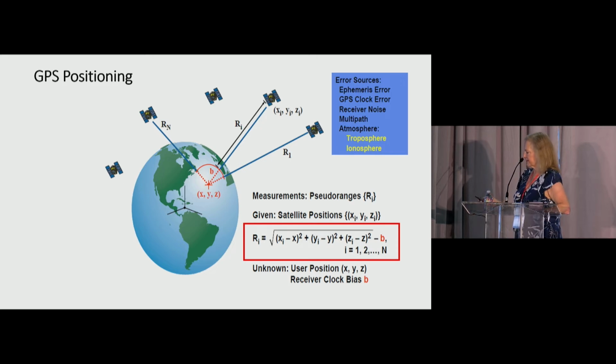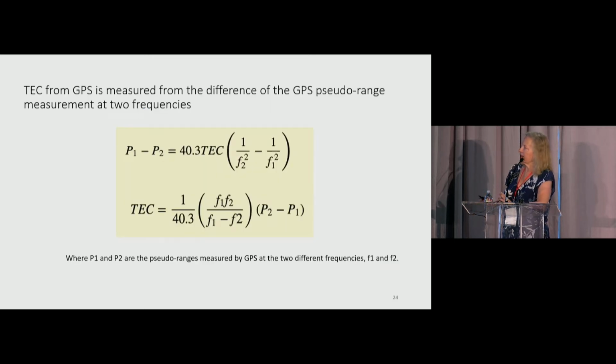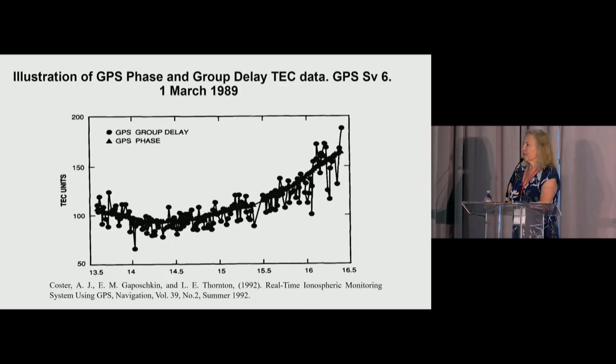That's how it works. And as I said, the errors are all here, but the troposphere and the ionosphere are some of the biggest ones. The ionosphere can be directly solved with these 2 frequencies. The troposphere, you can do a pretty good job of modeling. And just again, this is what the measurement is. You actually look at the difference between the L1 and the L2, and with that, you can directly solve for TEC.